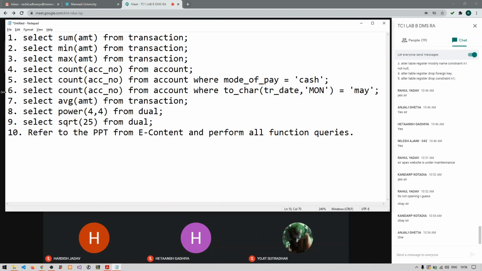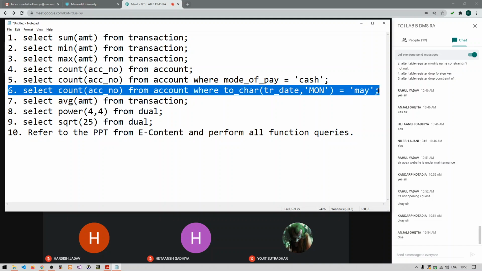So can anyone explain to me query number 6? What is this, what have I written? Can anyone try to explain this query? The question of that query is to count only those records.